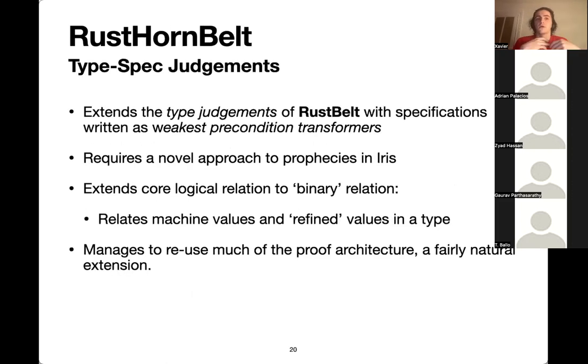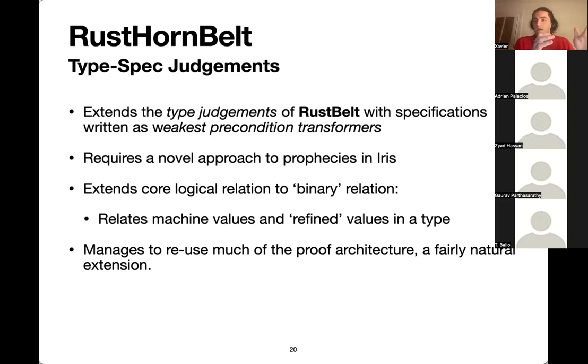And so in our work, RustHornBelt, we extended this work to be able to reason about functional correctness by turning type judgments in RustBelt into what we call type spec judgments. The idea being, instead of just associating a type to an expression, we also associate a weakest precondition transformer representing the specification of that specific instruction, expression, or function.